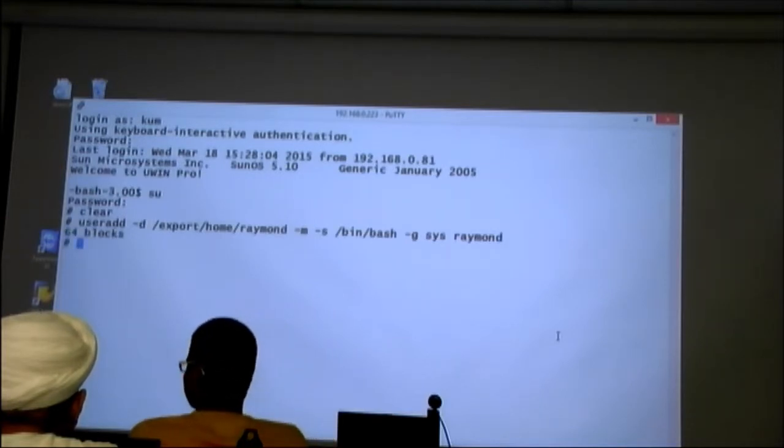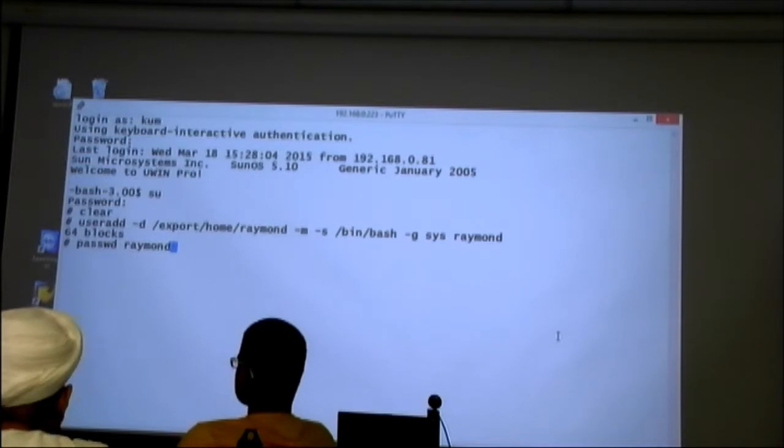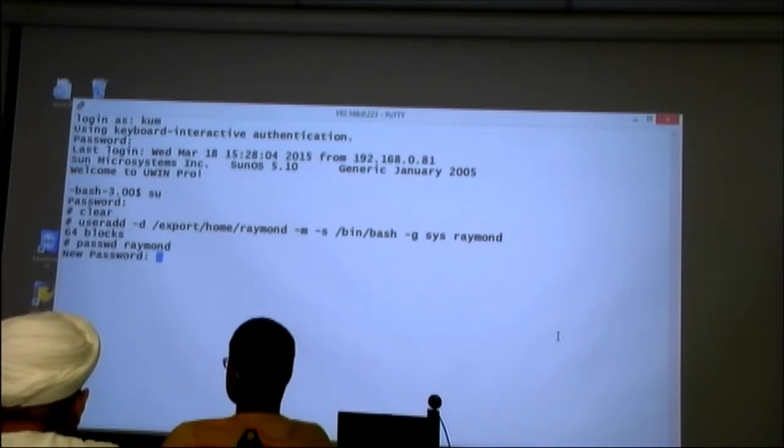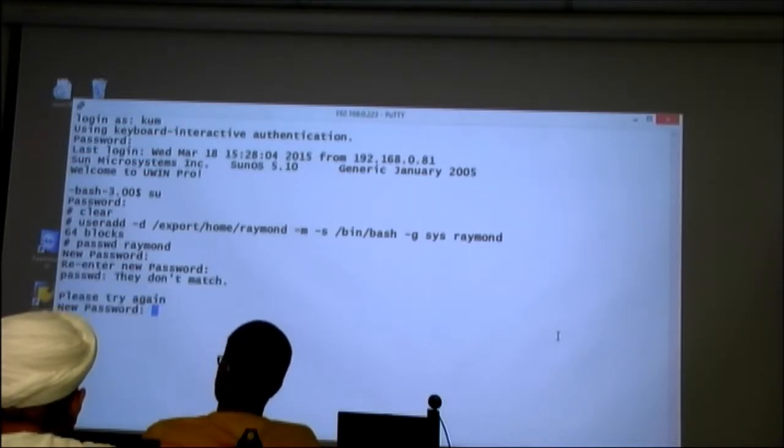Why confusion, right? So I had to give a password to him. Temporarily I am giving a password for you. You have to change it. Raymond, right? Loading option.